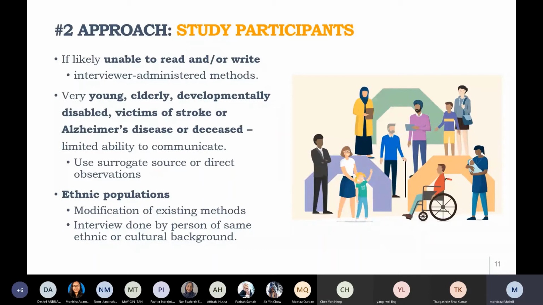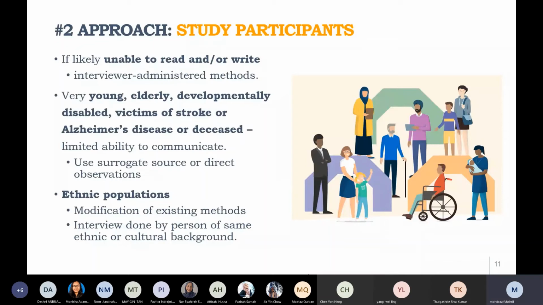So you cannot use the same method that you use for measuring a group of office workers. So there must be some modification of the existing methods. And possibly the interview should be done by a person of the same ethnic or cultural background. So sometimes when you want to interview people, let's say we are going back to the orang asli example, we must have somebody with us to translate and also to understand the cultural background before we interview the